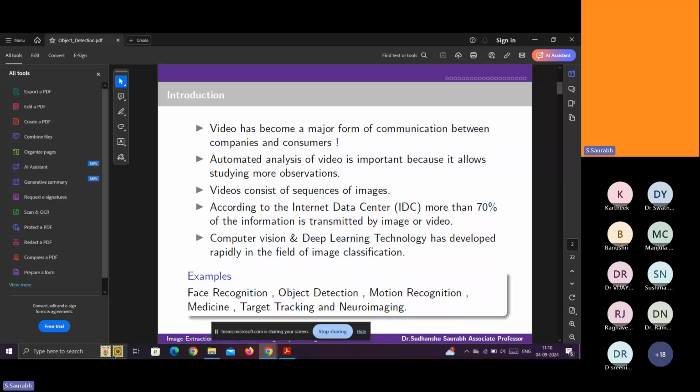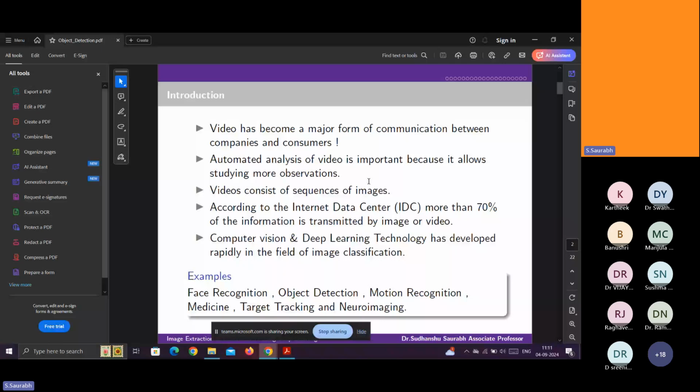Communication between two persons or two parties, image and video, this kind of data is most important to provide communication between two or more communicating parties. So for that purpose, how to analyze that data, automated analysis is required. That is a very important thing for automation purposes. The deep learning model is very important. It will play a vital role in analyzing the information.